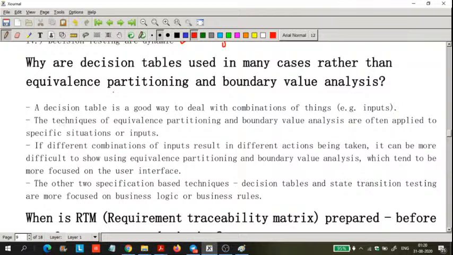A decision table is based on multiple inputs, and it will give the output. A decision table is a good way to deal with combinations of inputs. The techniques of equivalence partitioning and boundary value analysis, as we discussed, are often applied to specific situations or inputs. Just previously, at the start of the video, I discussed these black box techniques,